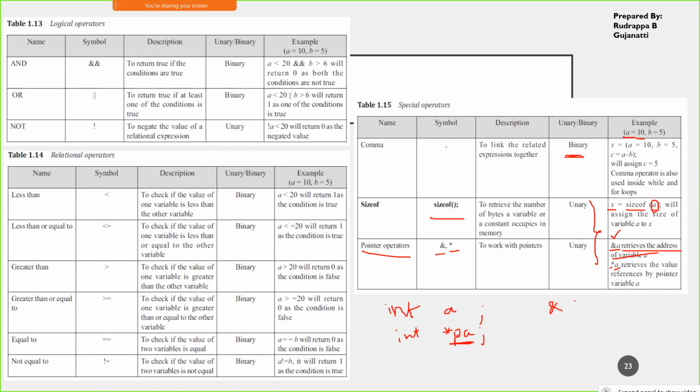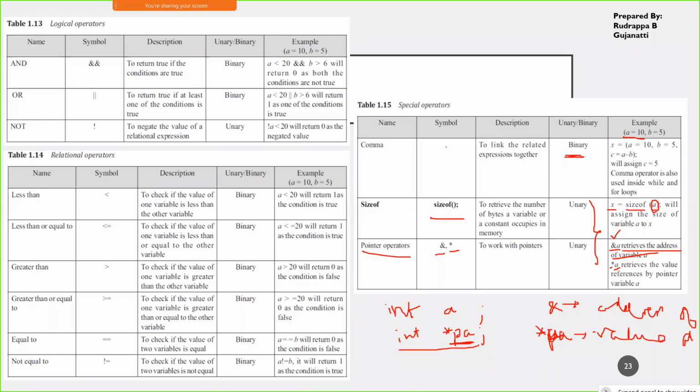When you are using it in other parts, the ampersand you read as address of whatever variable is there. Sometimes if you are using it in expressions, star will be like value at, say value at PA. So star, you can read as value at.